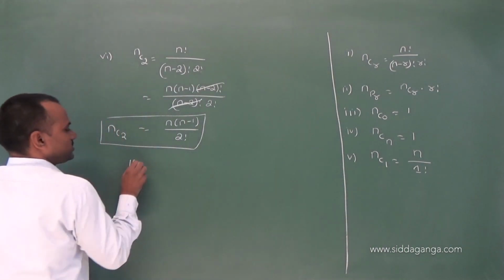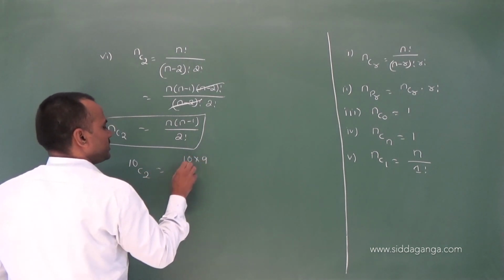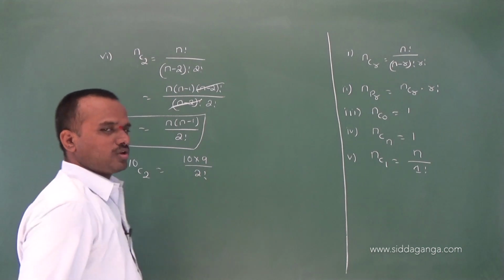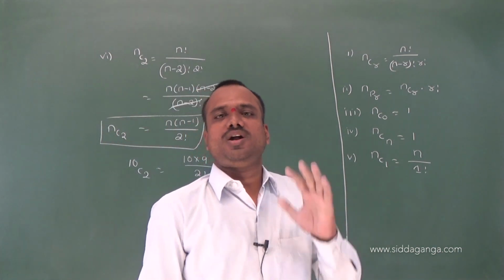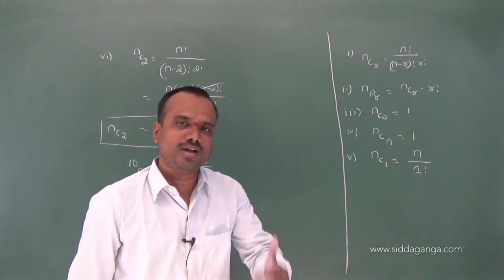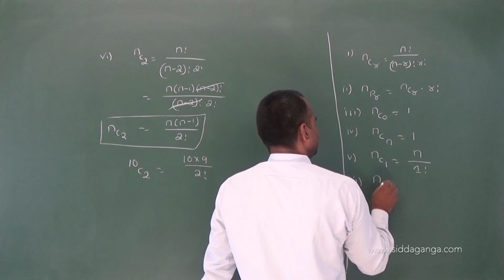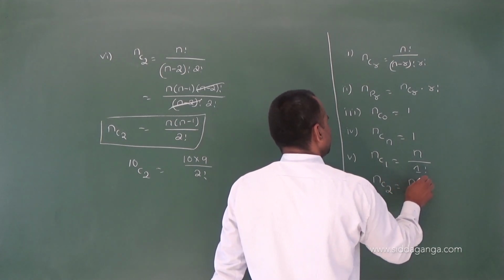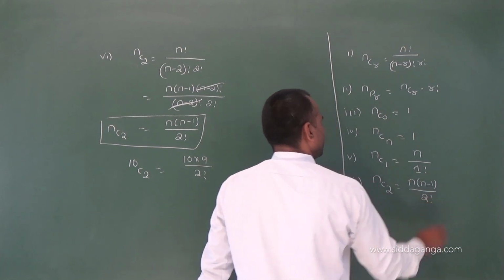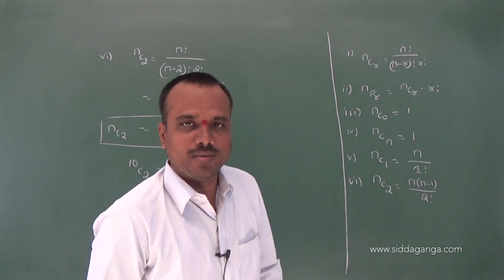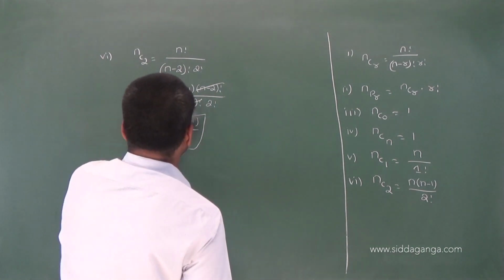Suppose I want 10C2, for example. 10 into (10 minus 1) is 9, divided by 2 factorial. Suppose I want 100C2: 100 into 99 divided by 2 factorial. So, sixth result: nC2 is n into (n minus 1) divided by 2 factorial. By seeing these two results,